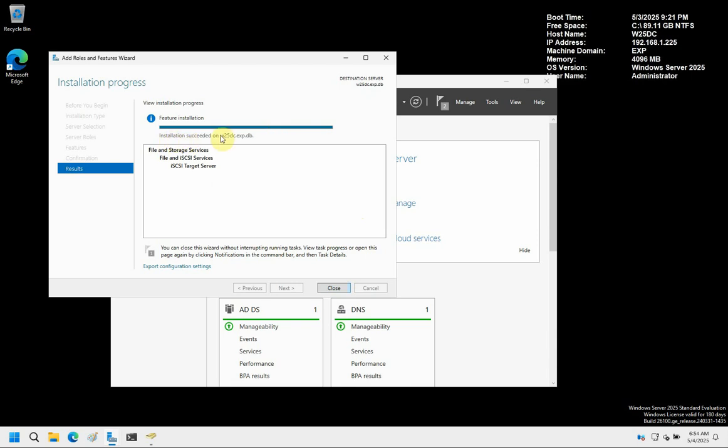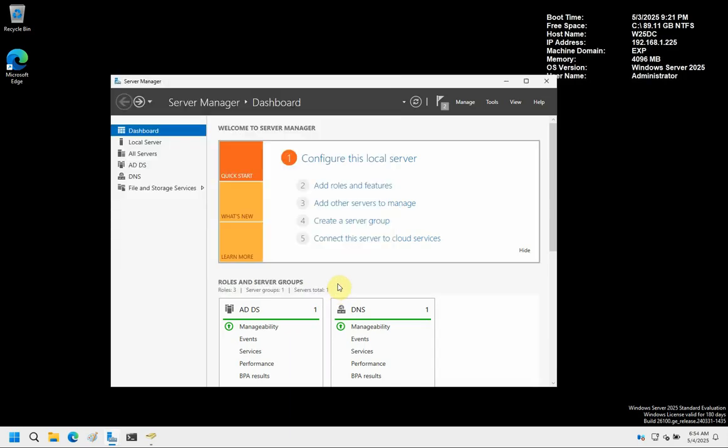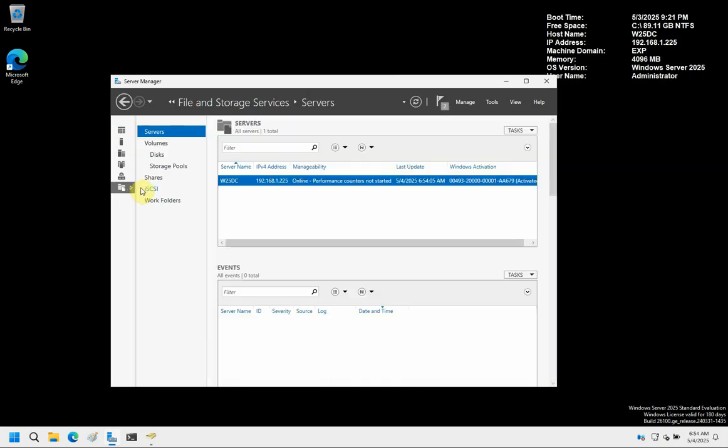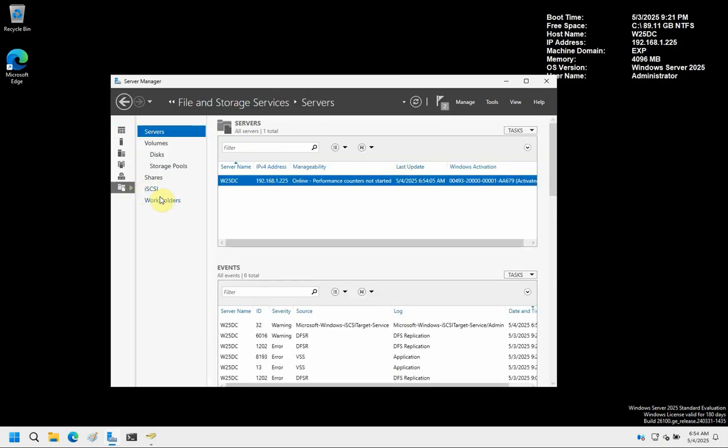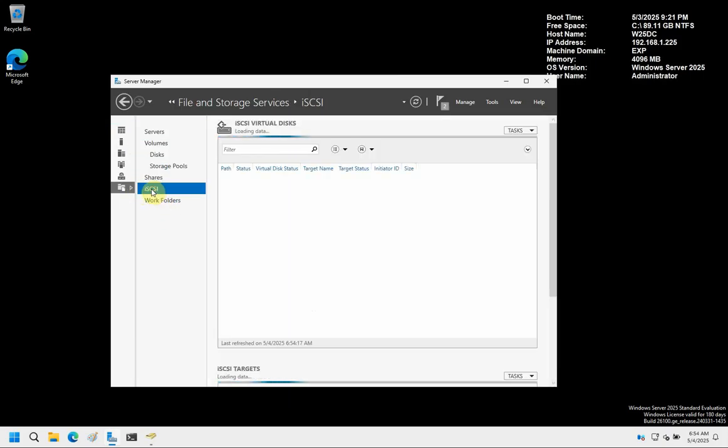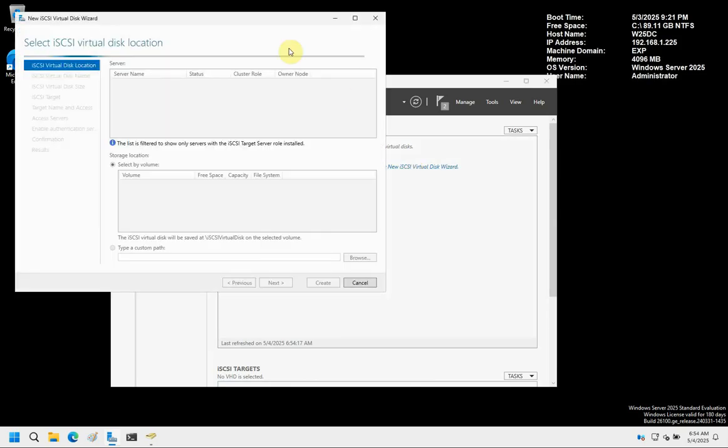All right, it says installation succeeded on this domain controller server. So let's expand this right now. Now, if we do the iSCSI, you see now it's different. It says to create iSCSI virtual disk and start the wizard. So we're going to use the virtual disk wizard, and